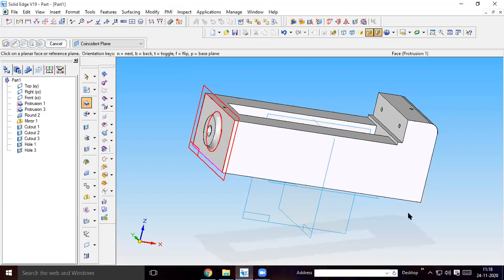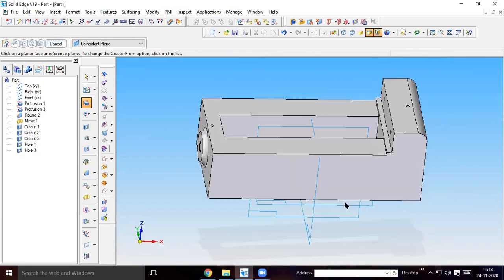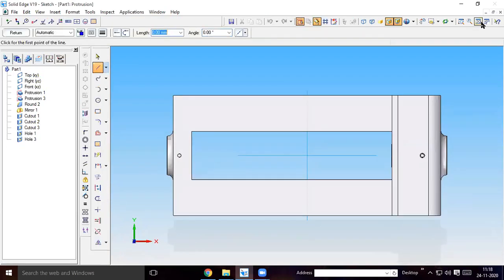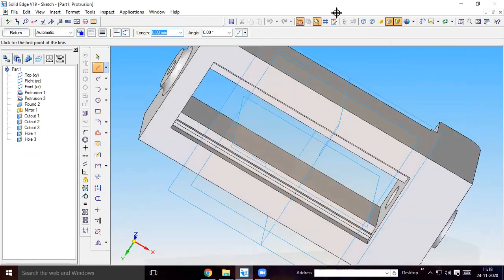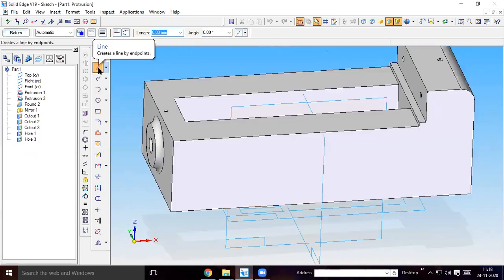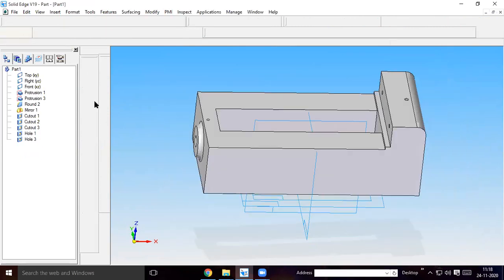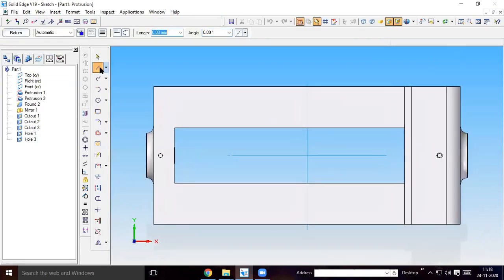So use the protrusion command. I have to protrude; either you select the bottom surface, or you can select this plane. From this plane only I started. Okay, you select this plane. If you select the bottom surface, you may get it like this. No problem, it depends on how you orient while selecting. So select the protrusion command and select this bottom plane. Here I will start from the midpoint. You can start it here or here, it's your wish. Later you can mirror with respect to the plane.